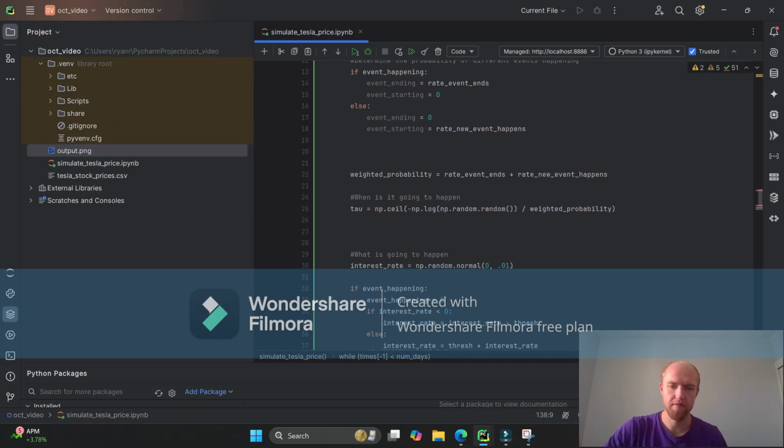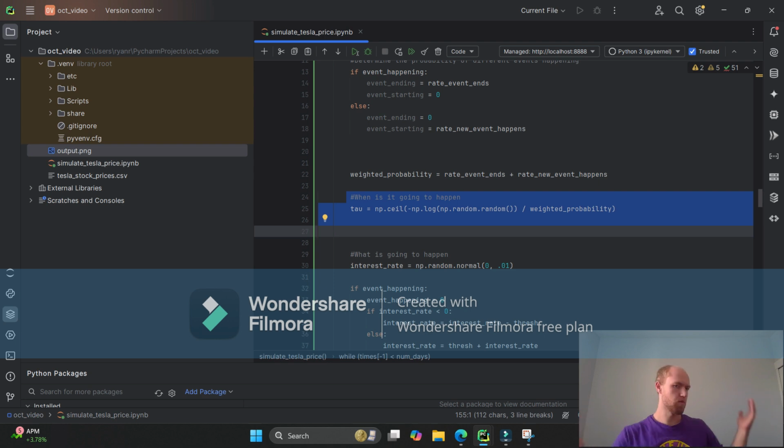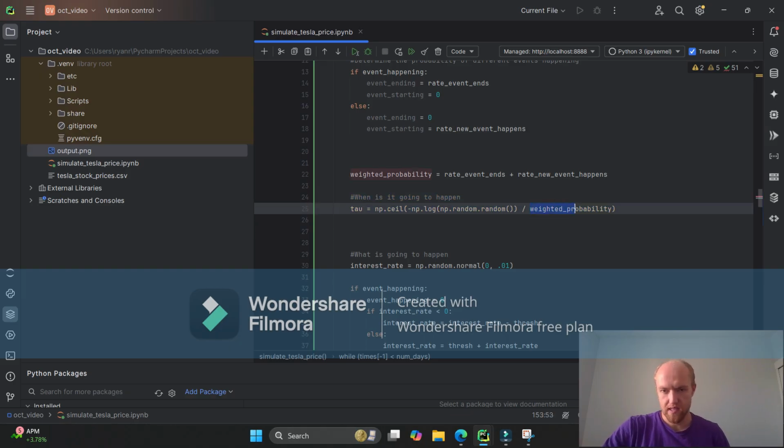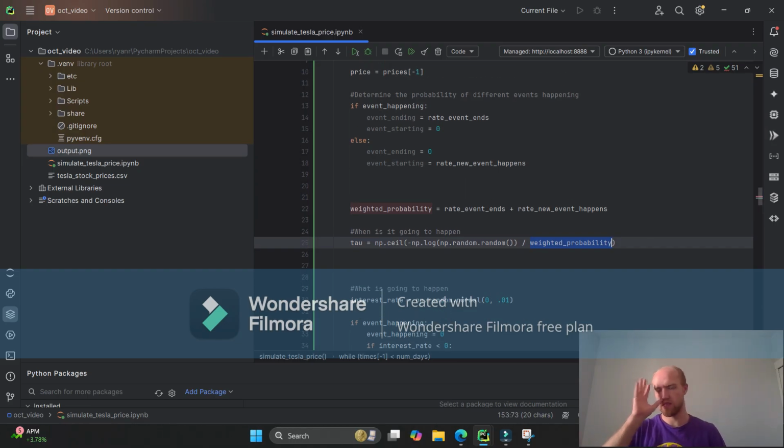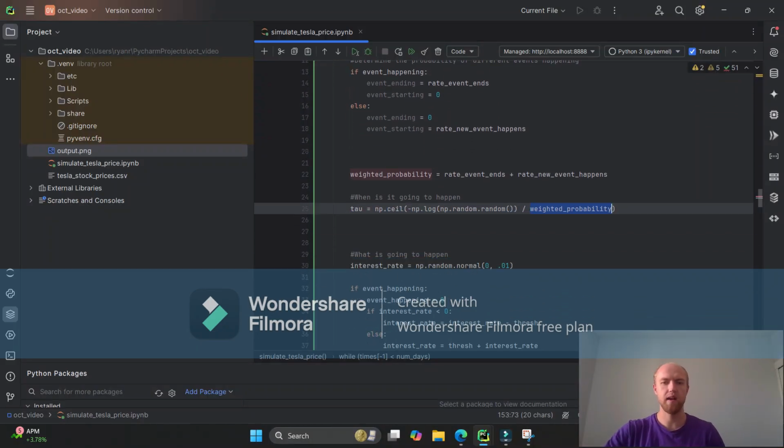And sort of the first thing, we'll skip over the top for a second. The first thing that we want to ask is, we're just in here in the simulation wandering around. When is something going to happen? So that's what this tau is. And you'll notice that there's this random number and then there's also this weighted probability. And the weighted probability is the interesting part. It sort of breaks down all the different things that can happen and gives them the probability that is associated